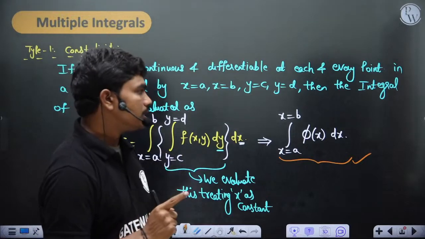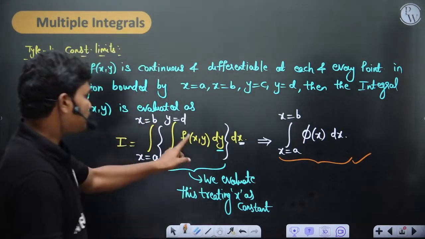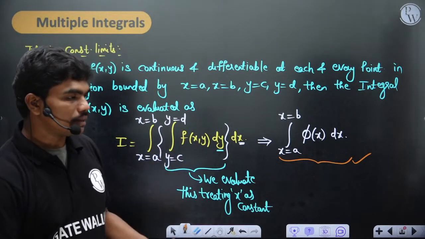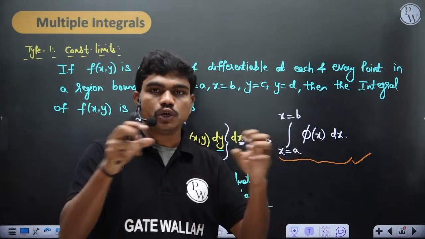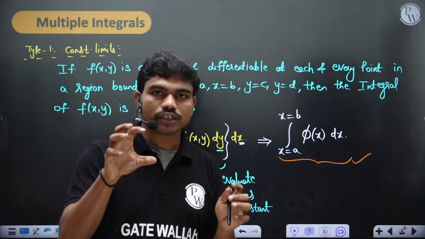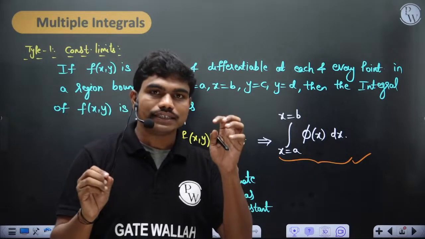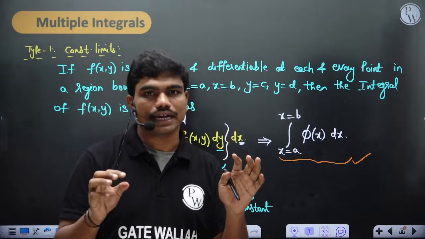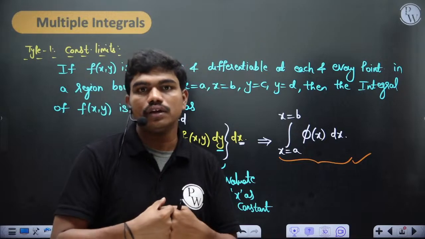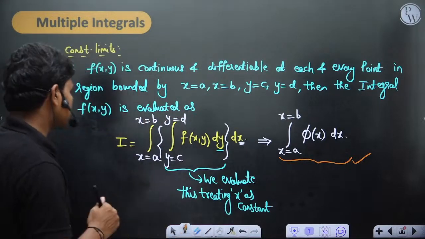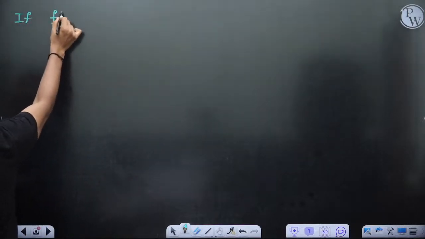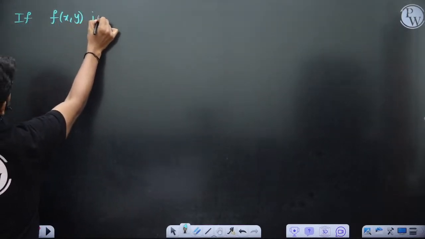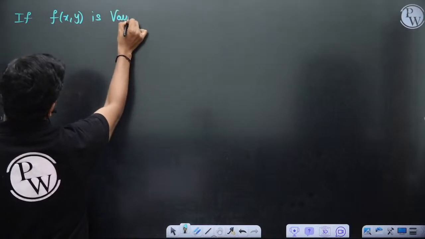And one more thing I'd like to say here: when this function is in variable separable form, sometimes this function f of x comma y, we can actually split it into two functions such that one function is purely in terms of x and the second function is purely in terms of y. In such cases we can directly calculate the integrals. So let me tell you in general, if f of x comma y is a variable separable function,